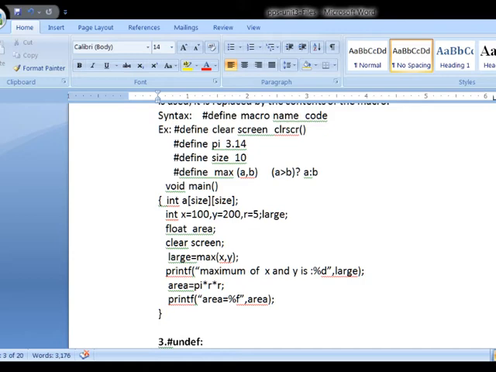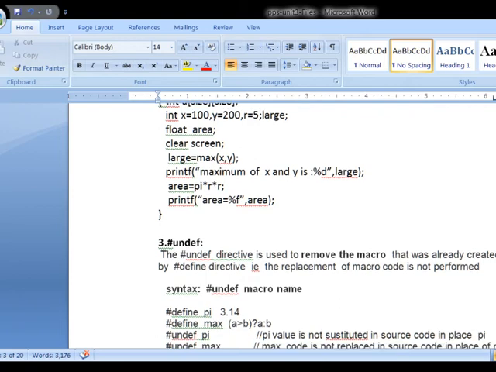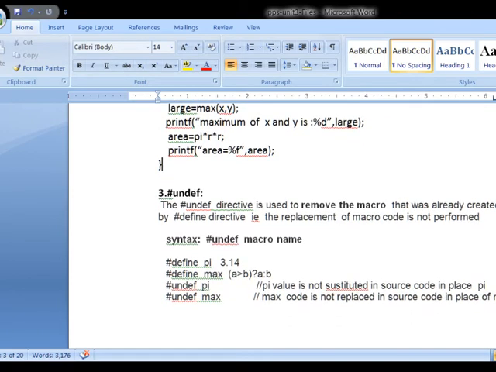Next I will explain one more directive, undef. The undef directive is used to remove a macro that was already created by the define directive. That is, the replacement of the macro code is not performed. That means we have already defined macros using the define directive.